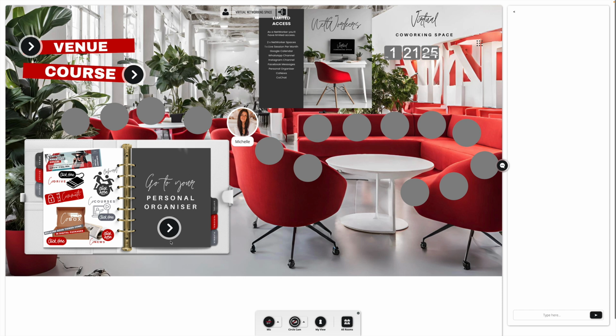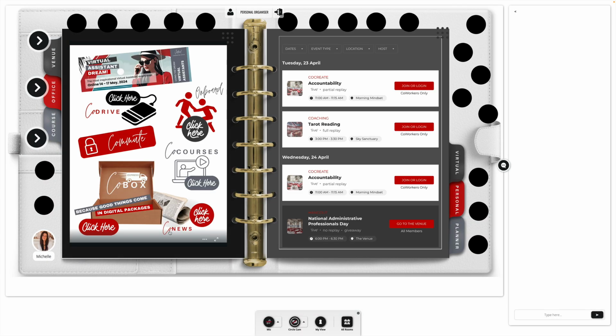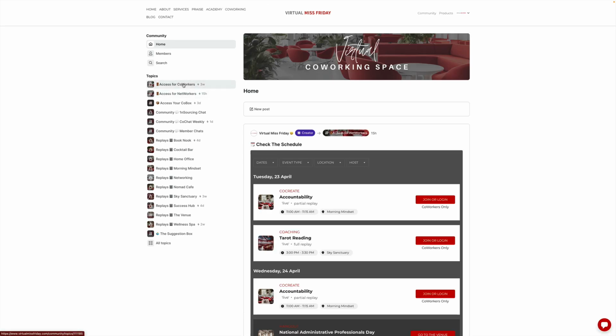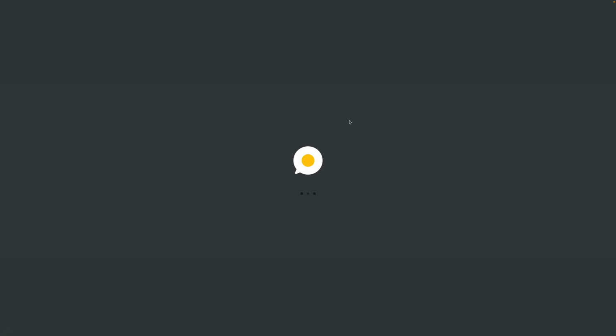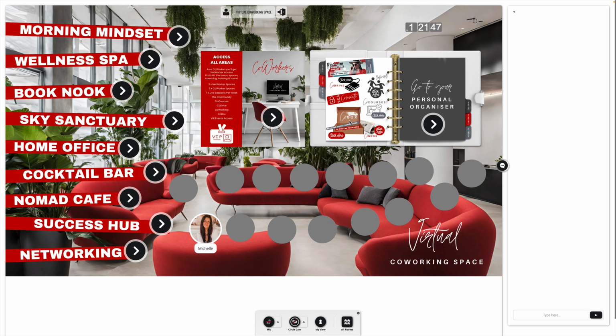So if I want to navigate to my co-working space from here, I can simply go to the personal organizer and I can click commute. This will then take me back to the members area. I'll just go on access for co-workers because that's the space that I want to access. Click on commute, and then I'll go there directly. So now we're inside here in the virtual co-working space co-worker